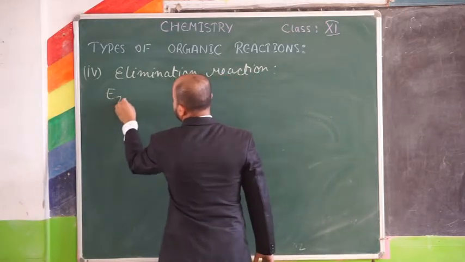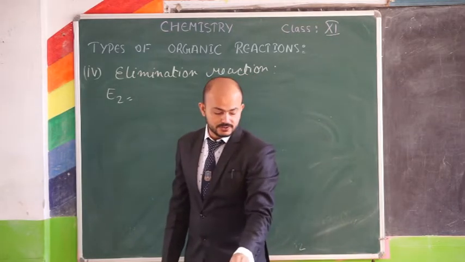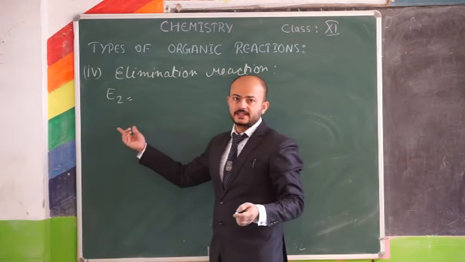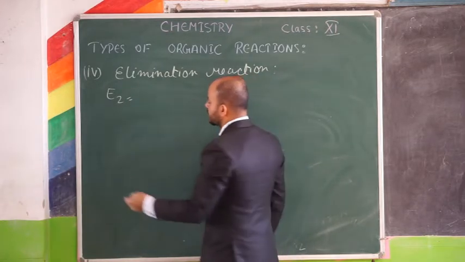E2. In case of SN2, what was involved? Primary alkyl halide was involved. Here also primary alkyl halide will be involved in this reaction. So we have primary alkyl halide, say CH3CH2